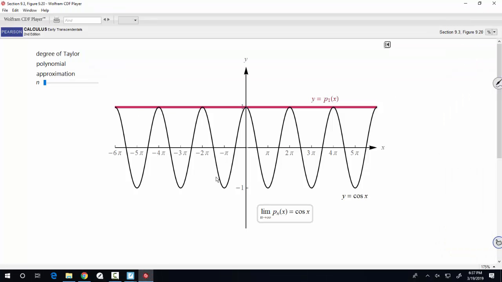So we see the same thing for cosine here. There's the tangent line at 0. There's your quadratic approximation. And cosine's an even function, so we wouldn't have a cubic approximation of cosine. See, the cubic is the same thing as the quadratic. But then we have a 4th degree approximation,